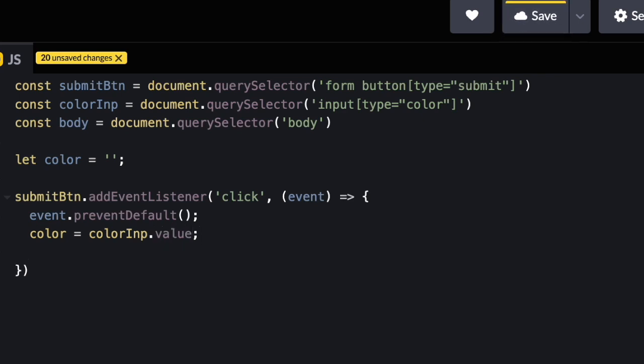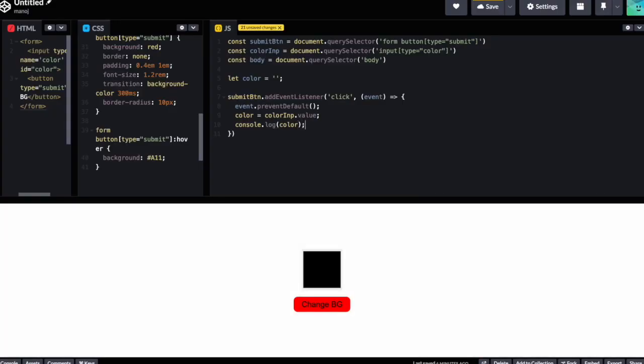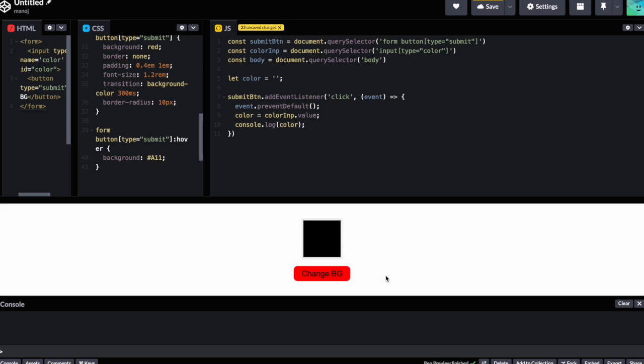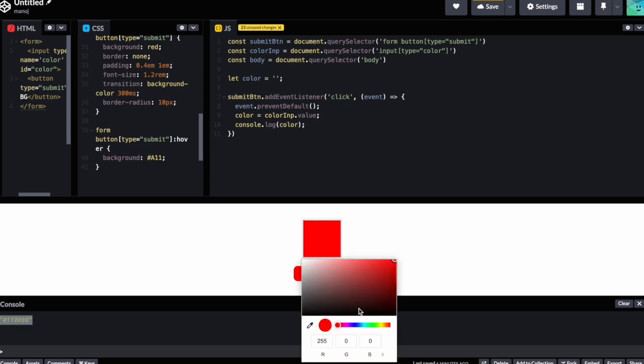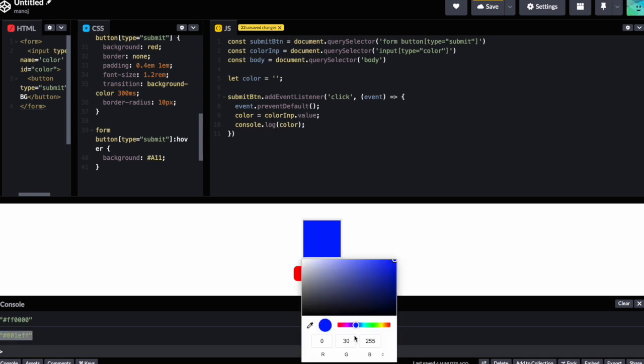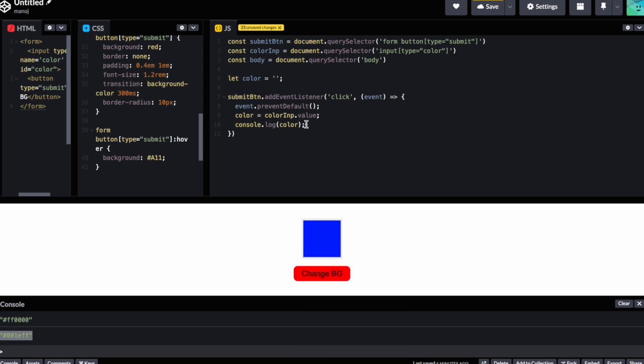Let's have a look at what that is. So console.log color, right? So let me go open the console, clear all this. If I were to change the color to red, click change background, you can see it prints the hexadecimal for red. If I were to change it to blue, change background, you can see it prints the hexadecimal for whatever this color is. So what we can do is do body,